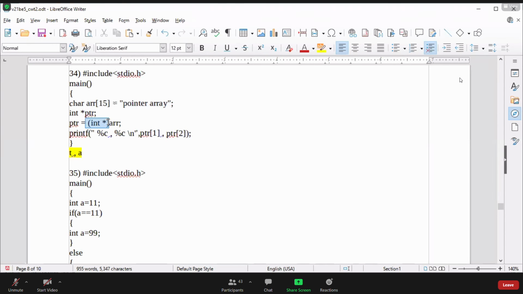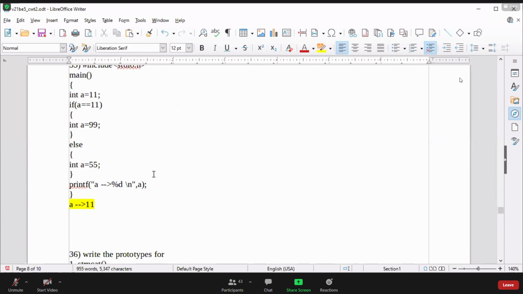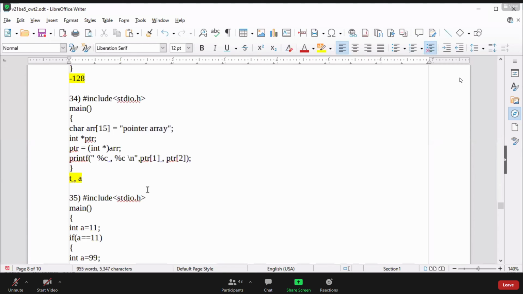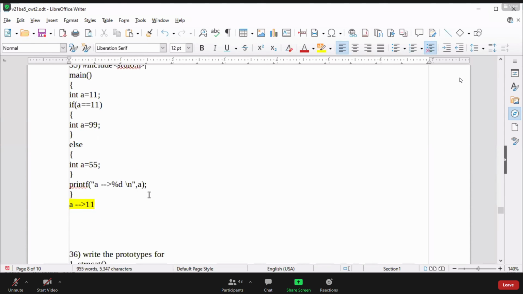It's a type conversion. What is the meaning of that? Just type conversion. Explicit type conversion we are doing, and you know that very well. Type conversion we can do from higher to lower, and lower to higher also, in any way. Explicit type conversion we can do from higher to lower or lower to higher in any way. Implicit is going to happen from lower to higher only. Right? I hope that all the concepts are clear for you.